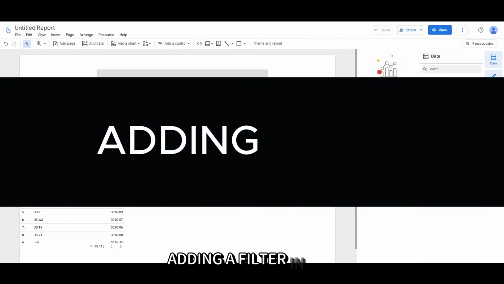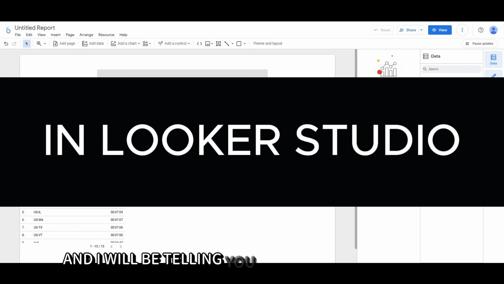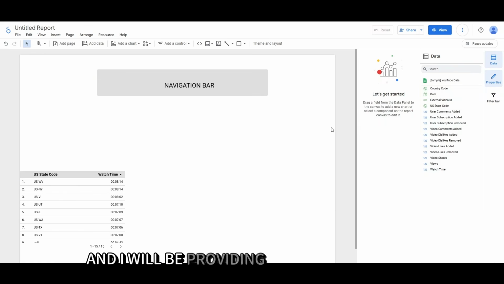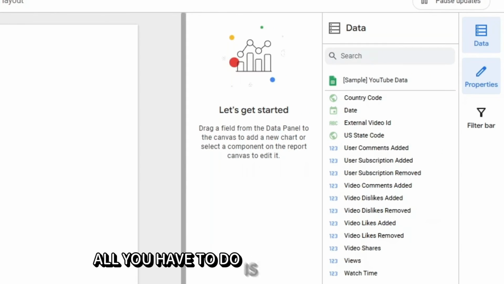Adding a filter in the report of the Looker Studio is a pretty simple thing to do, and I will be telling you how you can do it. And I will be providing a link to the Looker Studio in the description below so you can check it out. All you have to do is to create a report, and in the report, there will be a